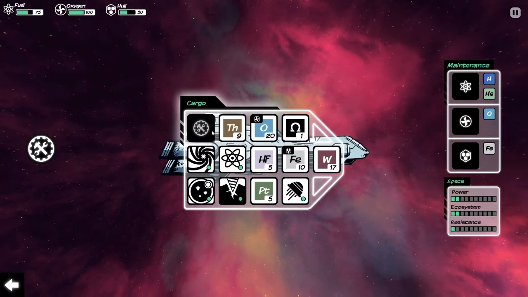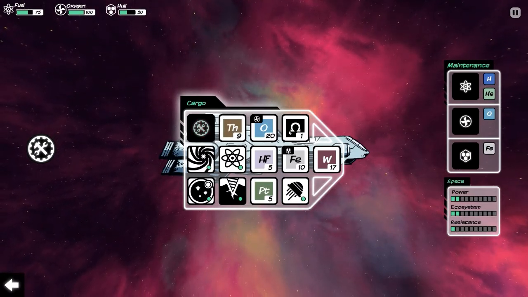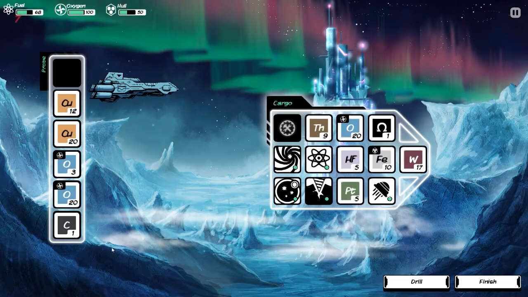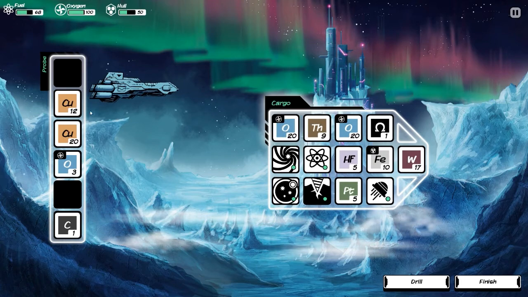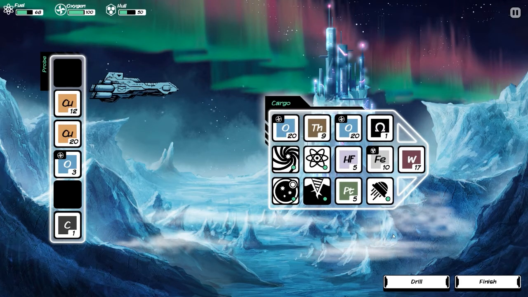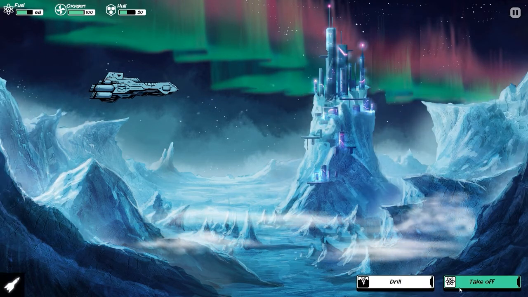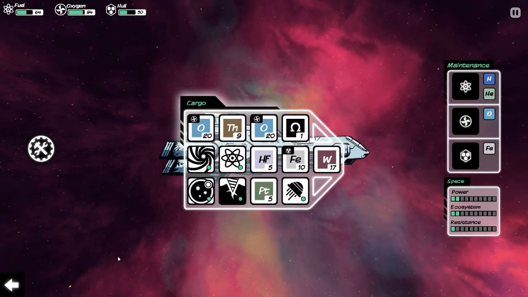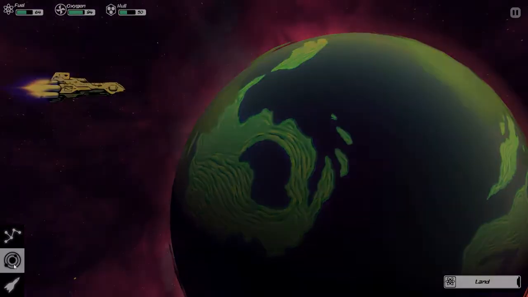I kind of want to wait, though, for a new ship, because we must be close to finding a new ship. I want to hold off for the moment. Look at that. Lots of oxygen. And I'll leave the rest of it. I am going to need, actually, I need some fuel, don't I? I've got no fuel at the moment, so...